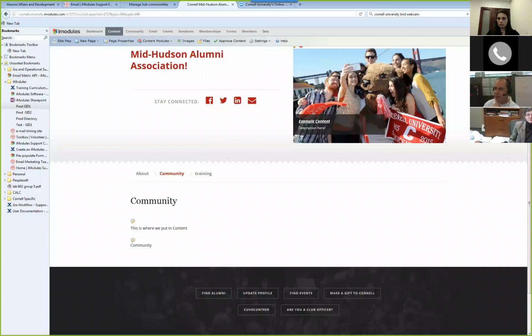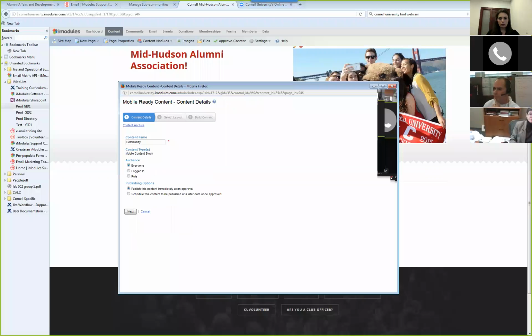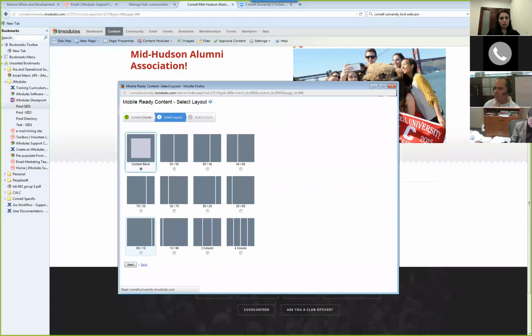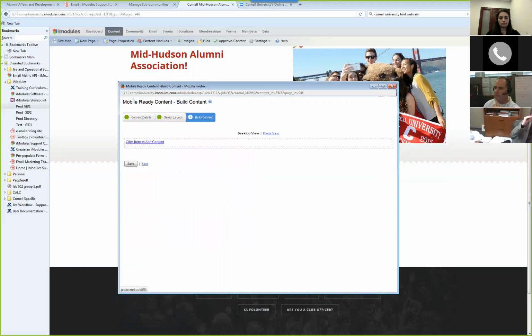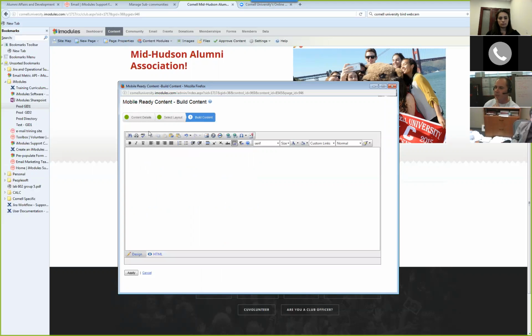So now we have a second block. If I click on this block, it's going to open up a window. This is a standard thing we're going to see every time. The name is here, and we just want to hit the next button. Select next. Now this allows me to choose one column, one big giant block, or a 50-50 block, or a 60-40 block, or any kind of columns. For this example, I'm going to make one giant block of content. I'm going to select it, and now I can hit the button that says click here to add content. It's now going to bring up this window.